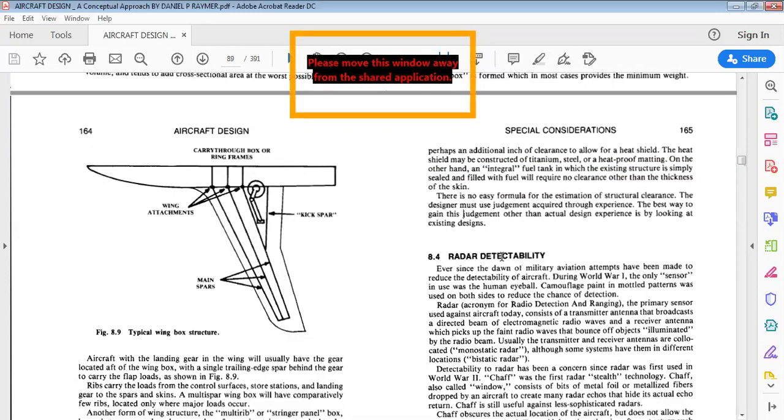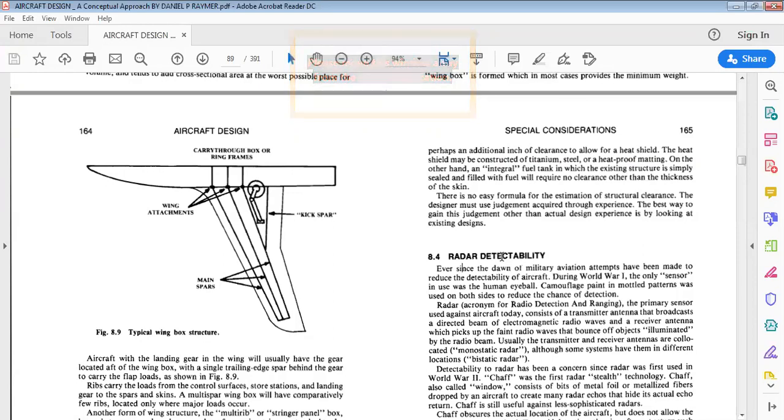Okay, so therefore, judgment other than the actual design experience is by looking at the existing designs. By looking at the existing designs, what are the drawbacks and what problems will be faced by them? By taking up those considerations, you can give an optimization for it. Mainly we'll do the wing box optimizations accordingly. So therefore we have to consider that.